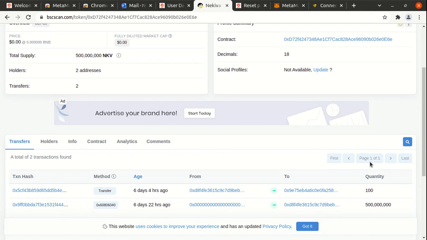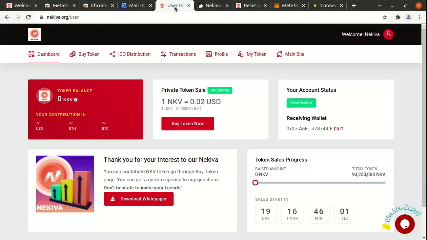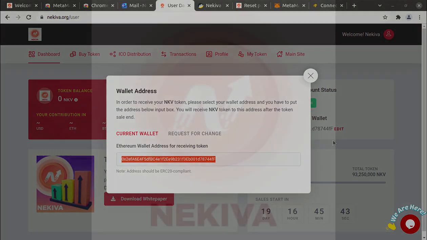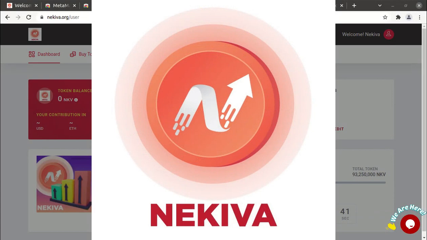So okay, let's go back to my MetaMask, my lovely MetaMask, and then transfer something. Remember our address, the address that we posted here. This is it, right? So let's just copy that address, because this is what is going to be receiving the BNB. So let's just copy it, and then we come to our MetaMask over. We just paste that address over there, and then let's give this some 100 NKVs, and then let's go to